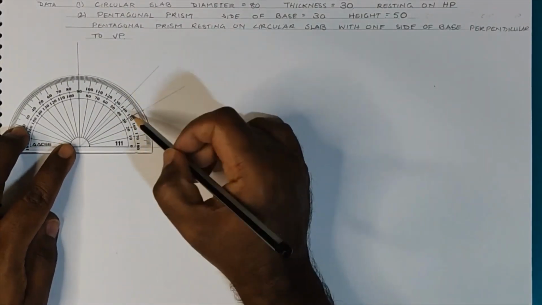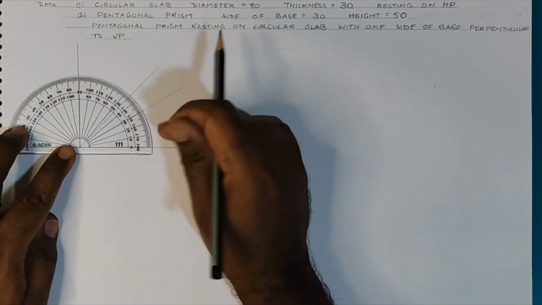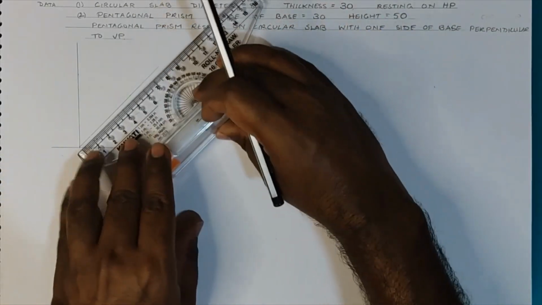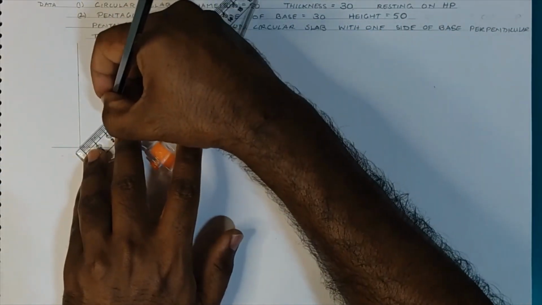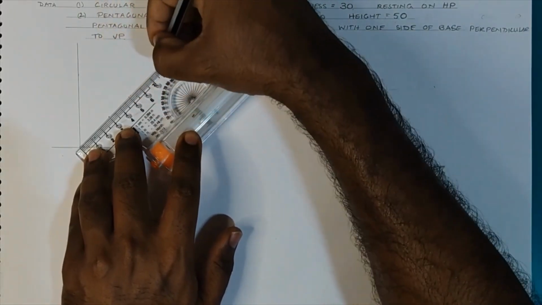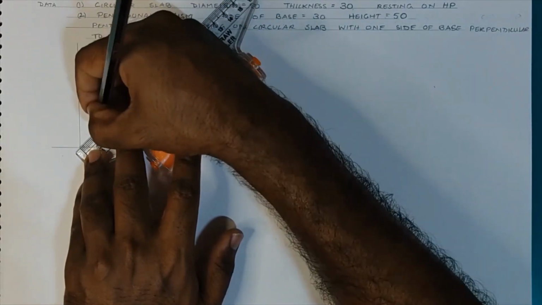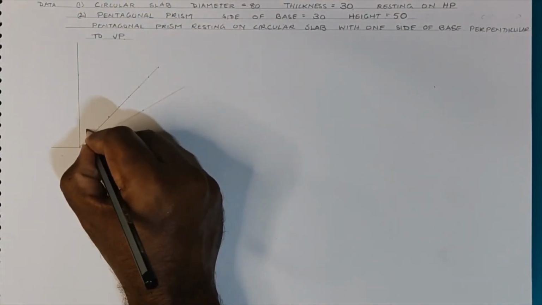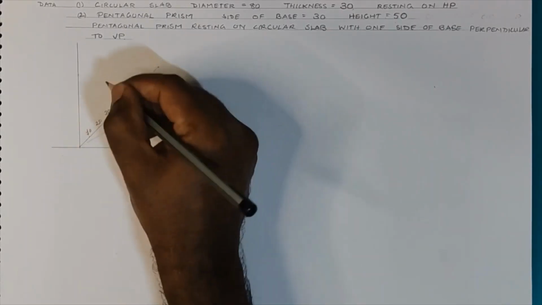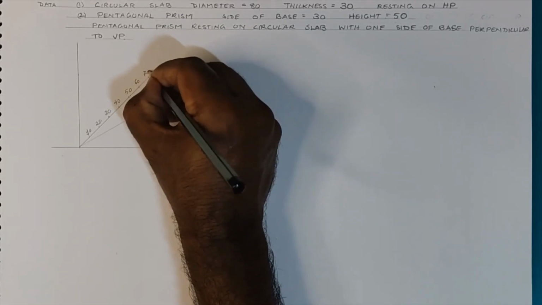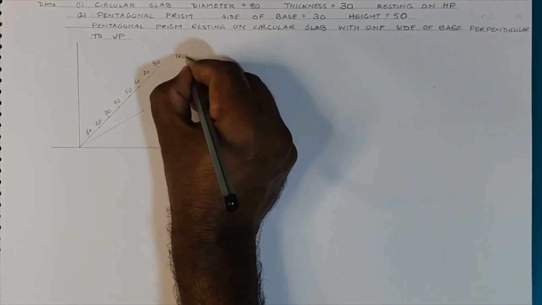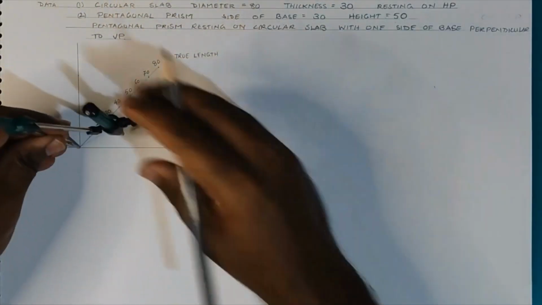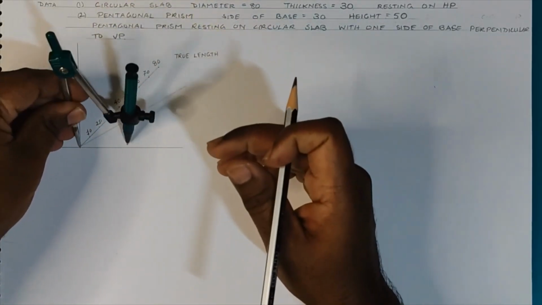On the line, I'll be checking whether all the angles are perfectly taken, and on the line inclined at 45 degrees, I take divisions of 1 centimeter each. So I'm marking all the divisions. I'll be writing values in millimeters for convenience sake. So instead of 1, 2, 3, I'll be using 10, 20, 30 in millimeters. Up to 80 millimeters I might require, which represent true length.